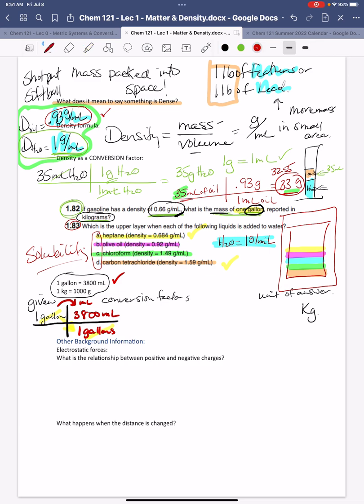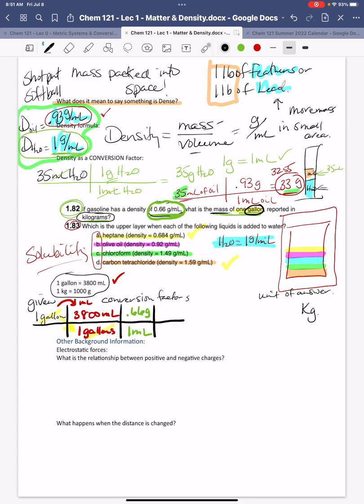Next, now I'm in milliliters, and I want to convert between volume and mass. My conversion to do that is going to be this density right here. It's hard to see, but this says that 1 milliliter, that's what the milliliters on the bottom mean, is 0.66 grams on the top. So I've used that conversion to get from volume to mass. That's cool, so I got that done.